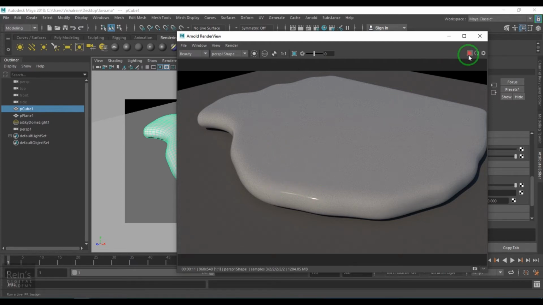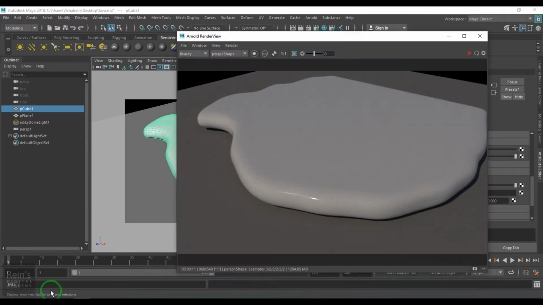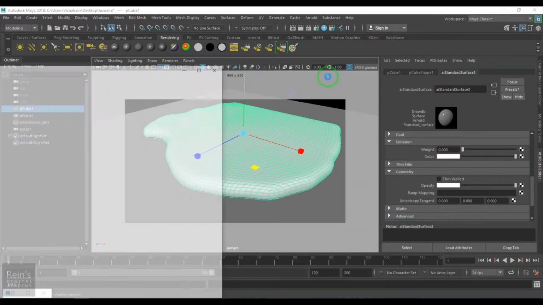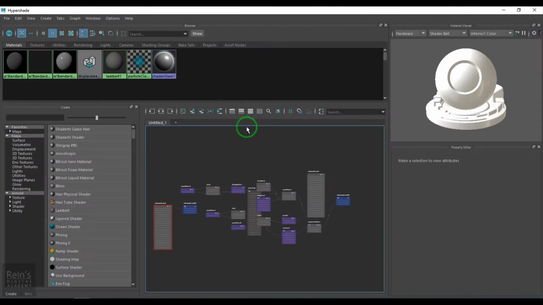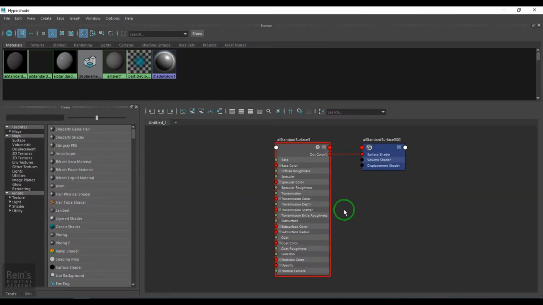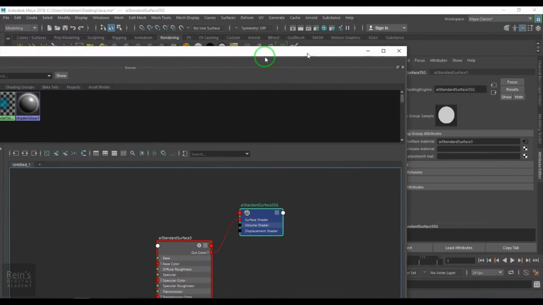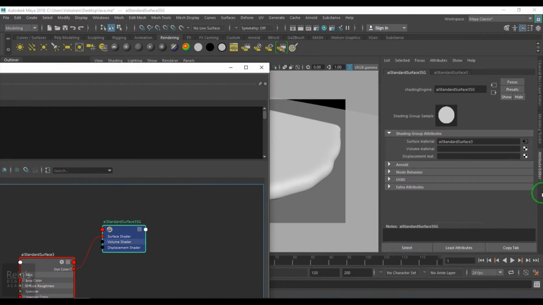Now I'll assign a displacement map. For that, I'll open Hypershade. I'll just clear the graph and then bring the AI standard surface shader. Now the idea here is to create a displacement material in the AI standard surface material.